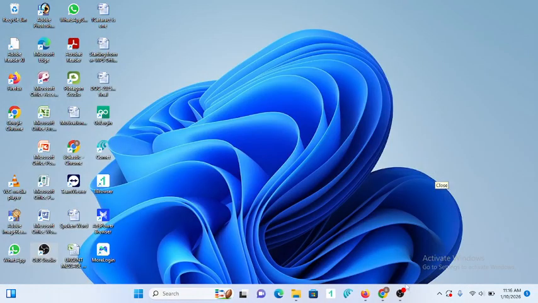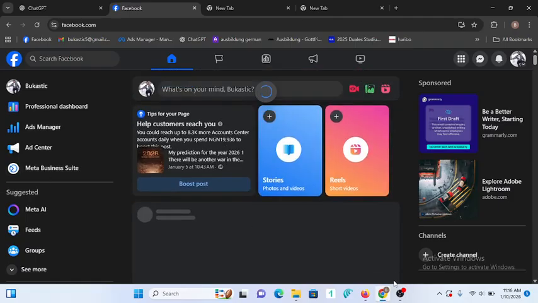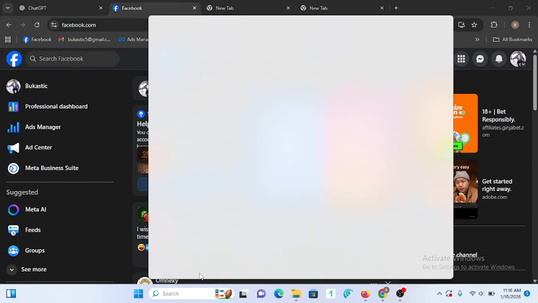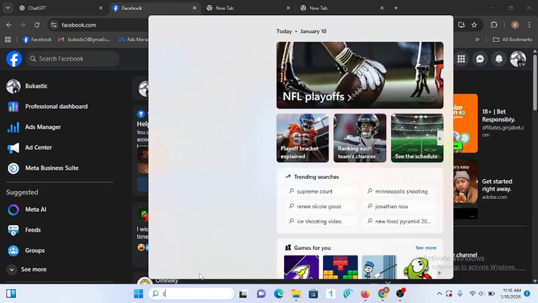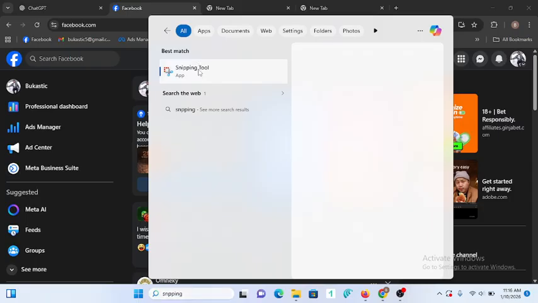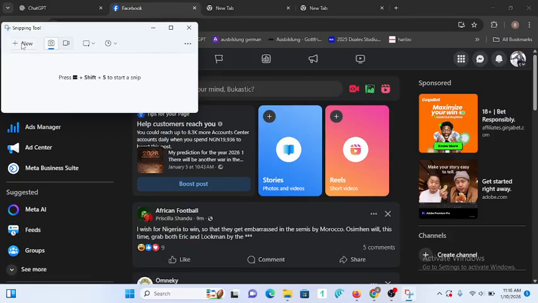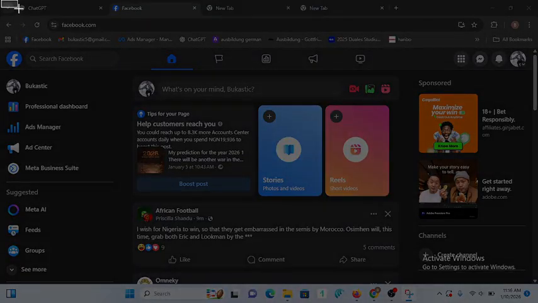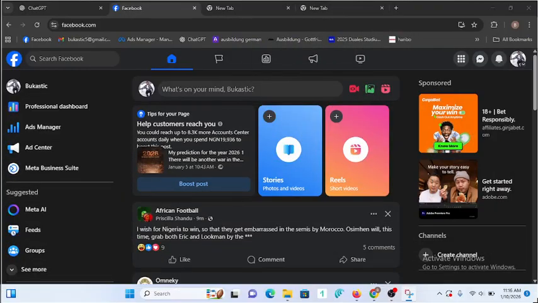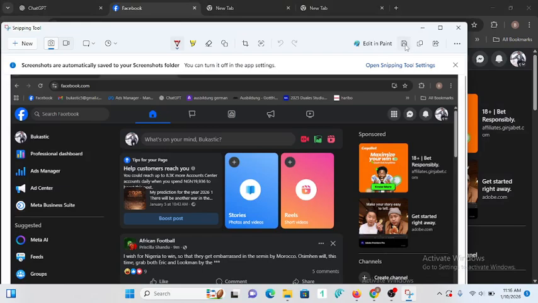So let's say you want to screenshot another thing. Maybe you want to go to your web. Let's say you want to screenshot this, for example. Go back to the search bar again, and then you type snipping tool, the same app. See right here, snipping tool, and then you click it. You click new, and then you drag. Then you wait, and then you click save,